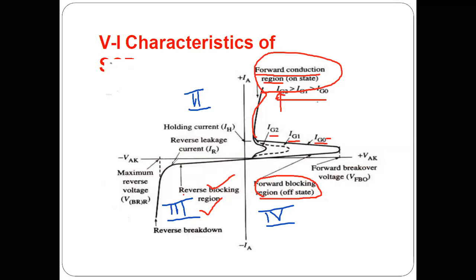Once the voltage reaches its maximum, that is the maximum reverse voltage, at one particular point your SCR will move into reverse breakdown. Reverse breakdown is a region where you find a very sharp, narrow, straight line. At that point there is a drawback, that your SCR may get damaged if an excess reverse voltage is applied. So this is how we study the VI characteristics, that is the voltage and current characteristics of the SCR.